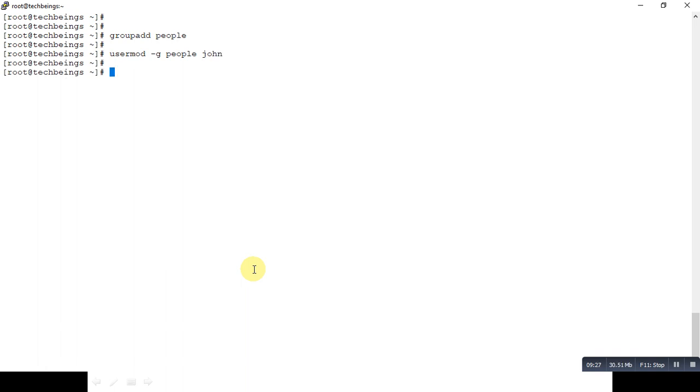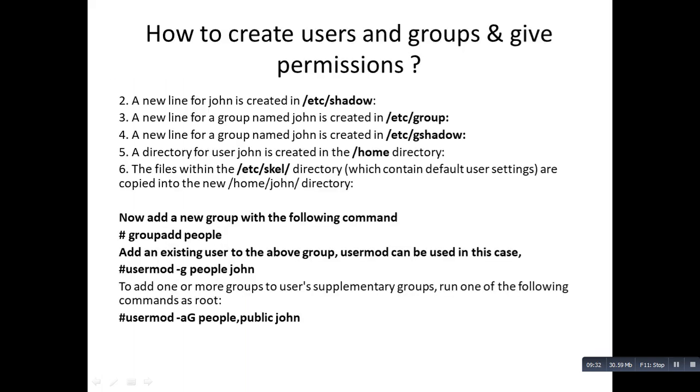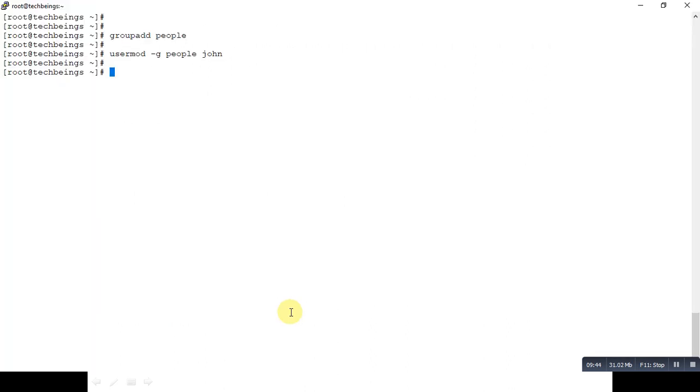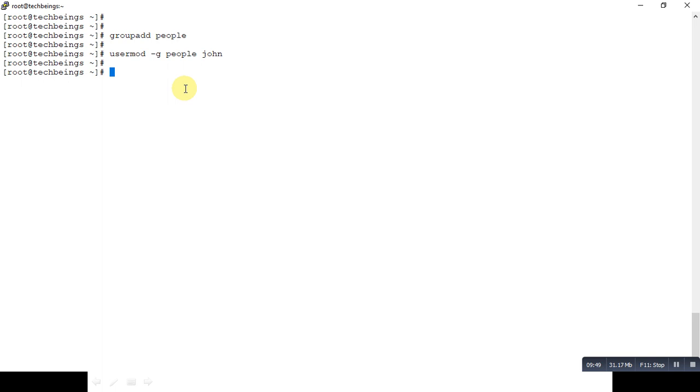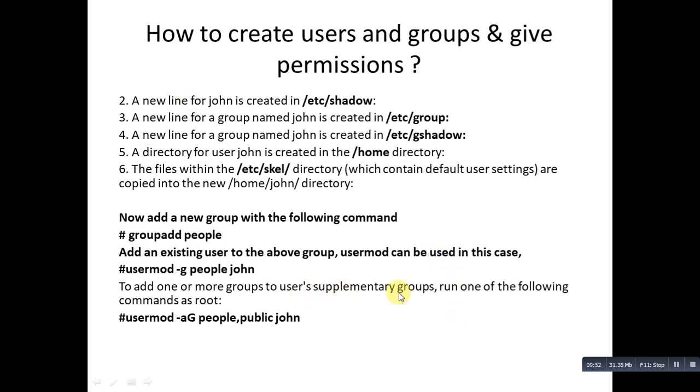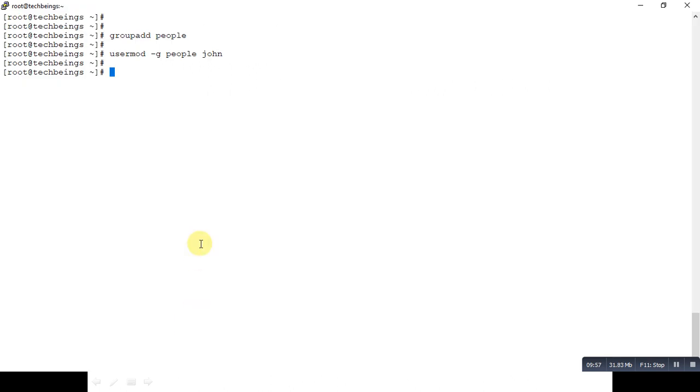To add one or more groups to a user's supplementary groups, use the following command. In case you want to add one or more groups in the user's supplementary groups, we should be writing usermod -aG, then the group name, people, public, and the username.